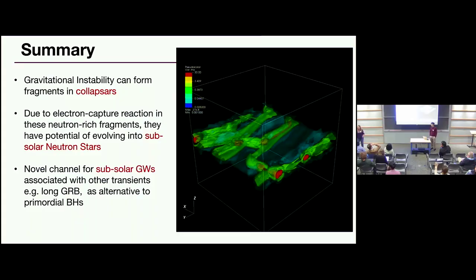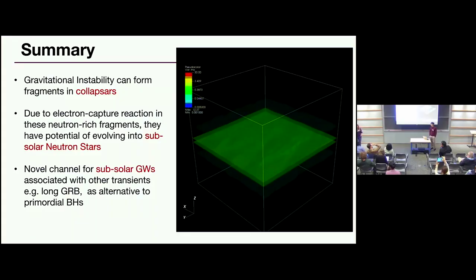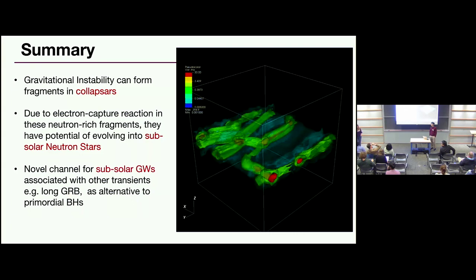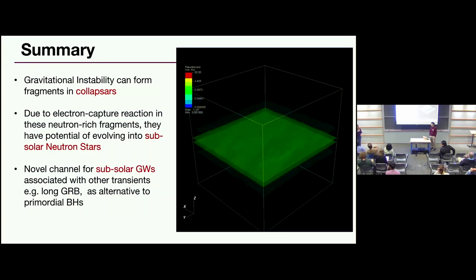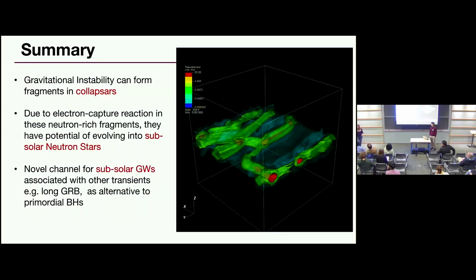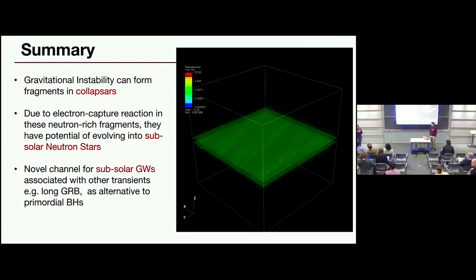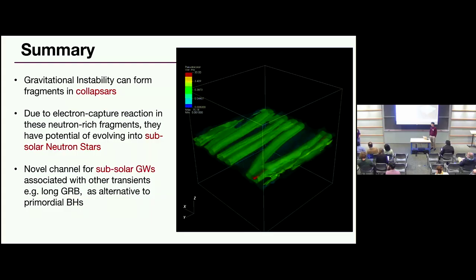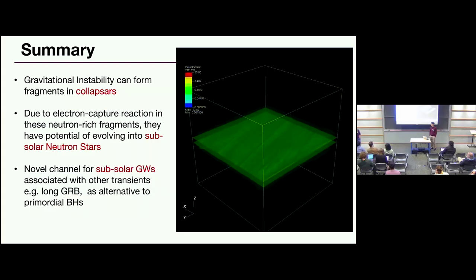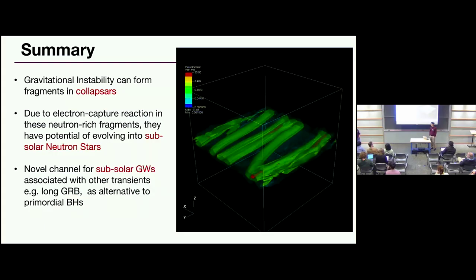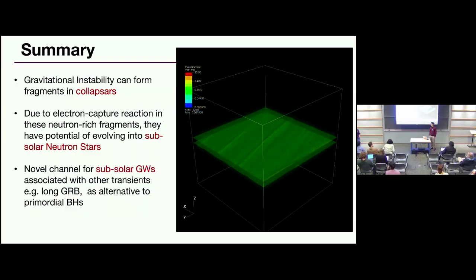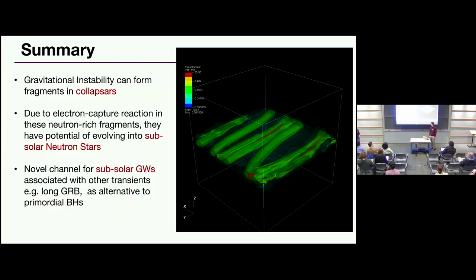Very interesting proposition. I was trying to look up, but I don't think I can find anywhere where people have modeled what the size of a neutron star might be that has a mass of, let's say, 0.1 or 0.2 solar masses for reasonable equations of state, because I don't think people have typically thought that way. Have you thought about this? What is the physical size of this neutron star, and given where you're forming it, how does it change, for example, the possibility of it being tidally disrupted much earlier than usual, etc.?